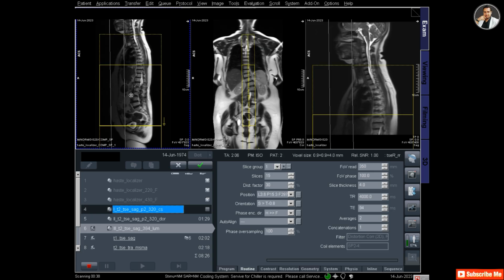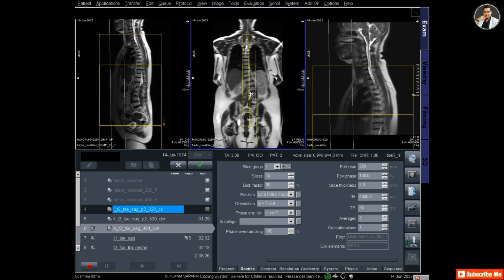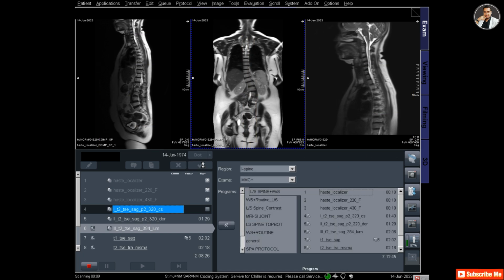A scoliosis spine is a curved spine, when the spine is not straight and there is some leftward or rightward curve, maybe just in the lumbar spine or maybe in the dorsal or lumbar spine. So here I plan the cervical, dorsal and lumbar sagittal protocols, and all the protocols are at 15 in slice number, and all the positioning blocks are straight enough. So these two things are important.